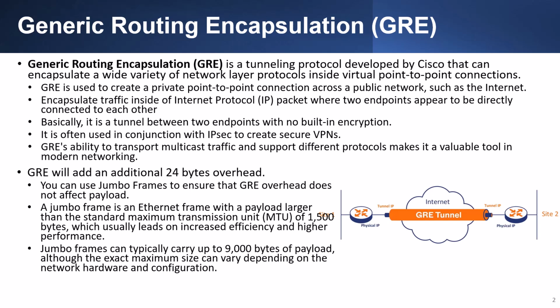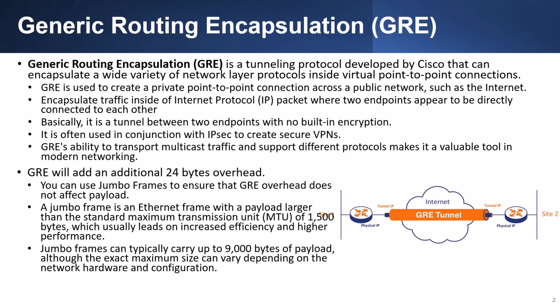It's often used in conjunction with IPSec to create secure VPNs. GRE's ability to transport multicast traffic and support different protocols make it a valuable tool in modern networking. GRE will add an additional 24 bytes overhead, but you can use jumbo frames to ensure the GRE overhead does